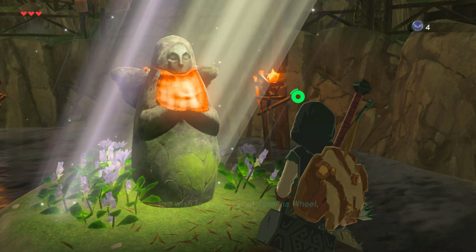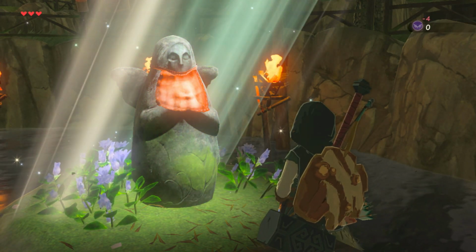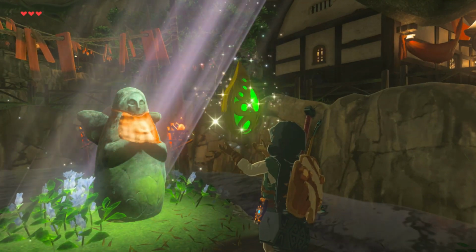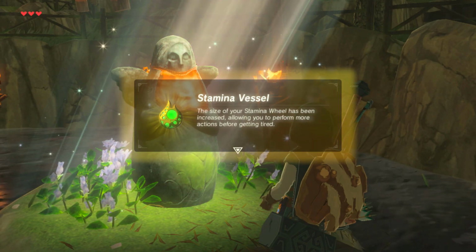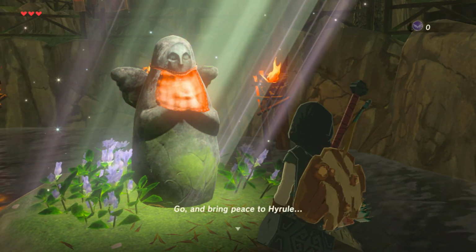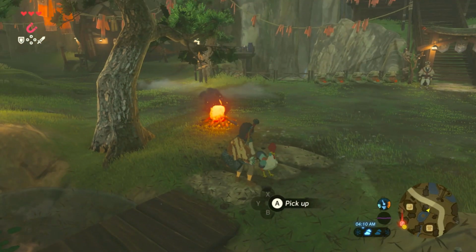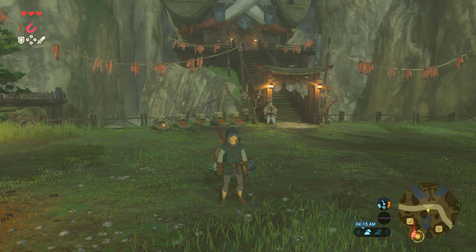Let's go for more stamina. It might be best for a newcomer to this game to go with a heart container, but there's a reason why I'm going with stamina right now. Did that chicken jump in the fire? Okay, so now that we have that stamina vessel,